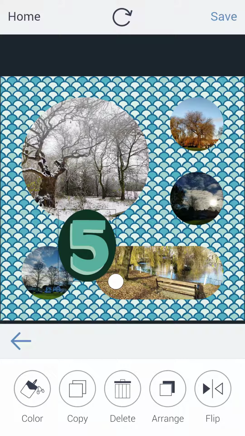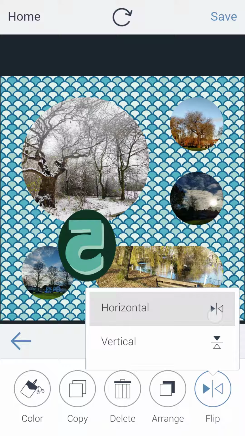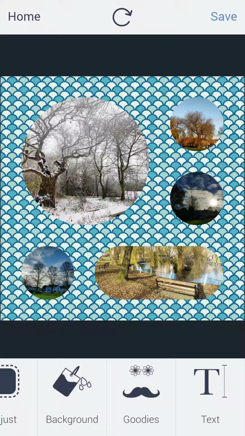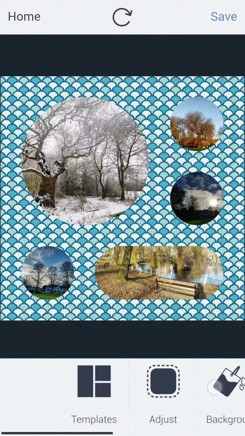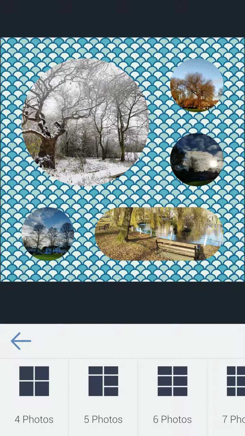If I wanted to click that number there, which was the sticker, I have got a few arrangements here, meaning colour, copy, delete, you can read them, I am sure. And we can do a bit of flipping around and things, but more importantly we can just delete them and build them up. So that is it, I think, for Collage Maker. There's not much else to say really, apart from, and this is the big deal, and that is to say